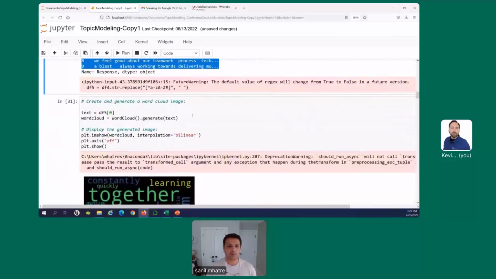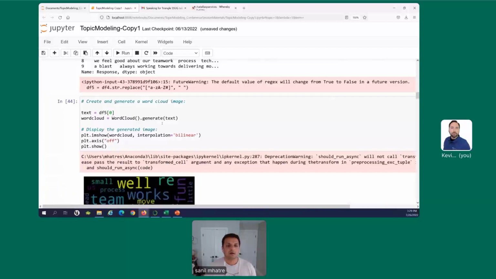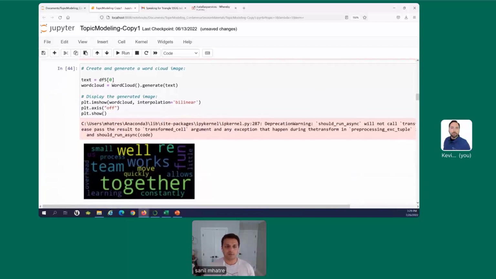So at this point, I'm going to create a word cloud. A word cloud is a pretty popular visual. In my opinion, while it's very, very popular, it's also kind of limited in its usefulness.